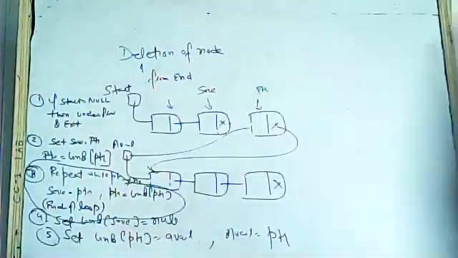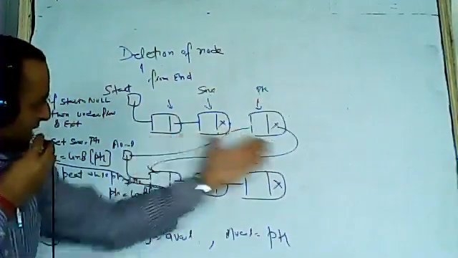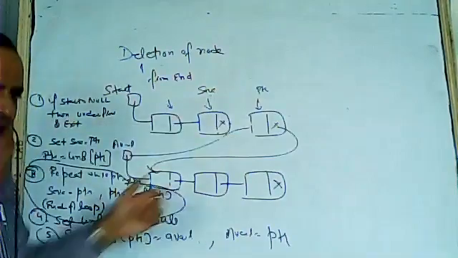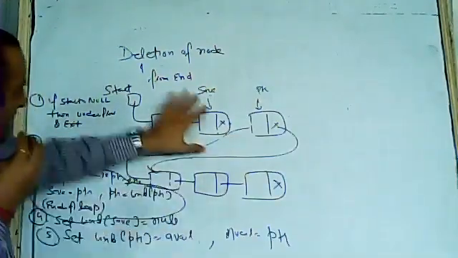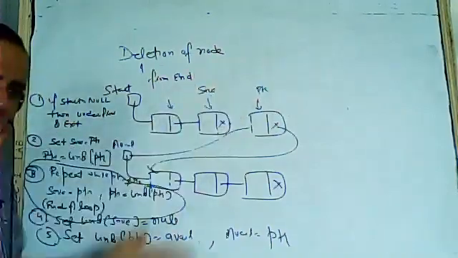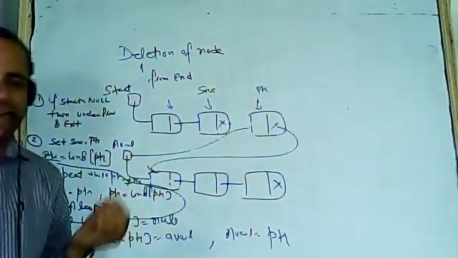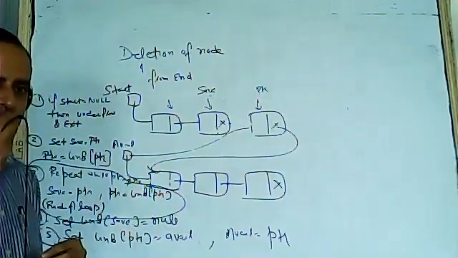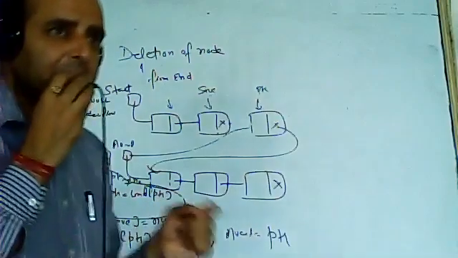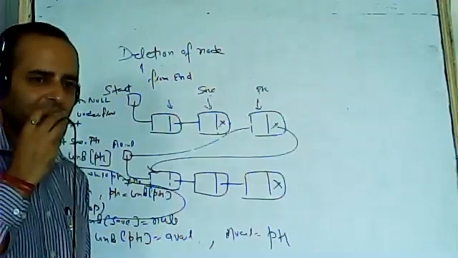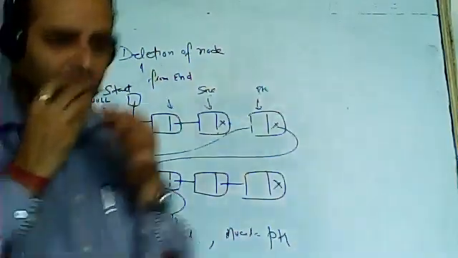How did I say that the memory will run out? See, if you delete this node, before deletion how many nodes do I have? 6. If I delete this node and don't put it to avail, how many locations will be left? 5. If I delete another node, how many will be left? 4. So the memory will keep decreasing. Like the pen drive you use, you keep adding data and removing it. If removing data does not empty the memory, one time will come when you have to throw away your pen drive. Yes or no? Yes, sir.